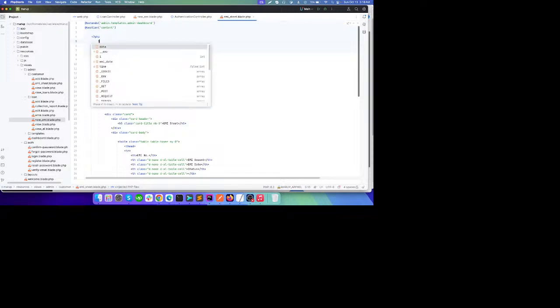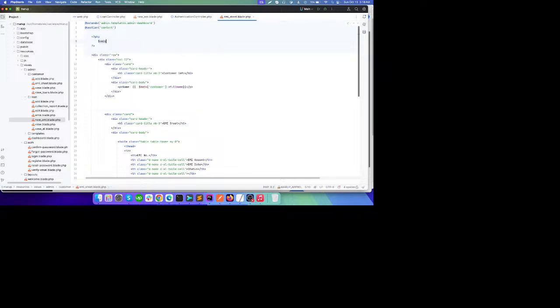Let's go back here, and in here what we're going to do is declare a variable. It will fetch from EMIs. You don't have to declare this variable, but for simplicity I'm just declaring an array of EMIs,